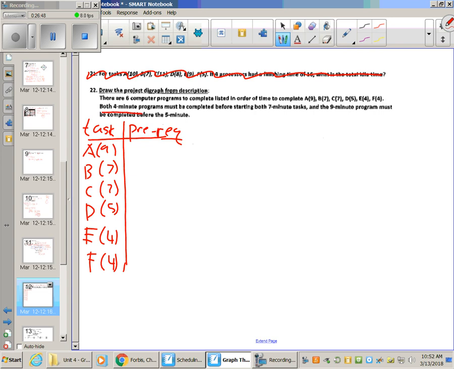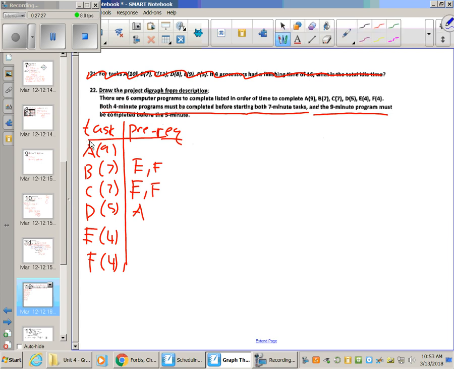Okay. The first one says both 4-minute programs must be completed before starting both 7-minute tasks. So in order to start B, E and F have to be completed because they're the 2 4-minute tasks. And same with C. Okay. And then it says the 9-minute program must be completed before the 5-minute program. So that means that A has to be completed before D. Okay. So we got our prereqs, we got our task. Let's do our